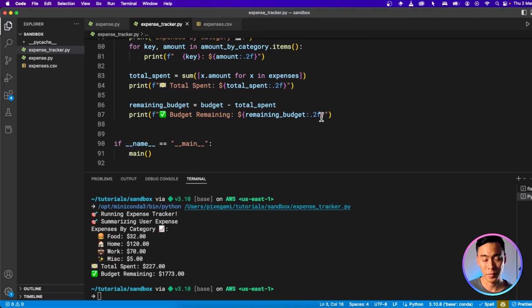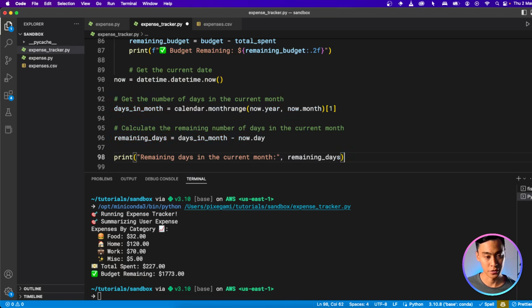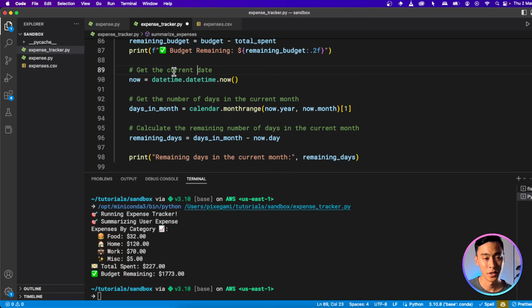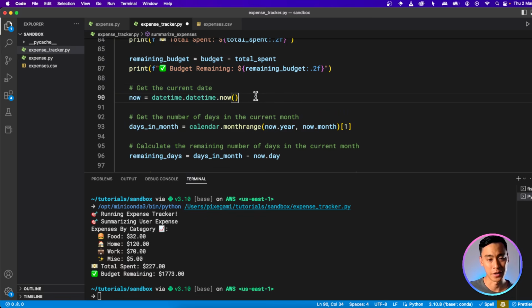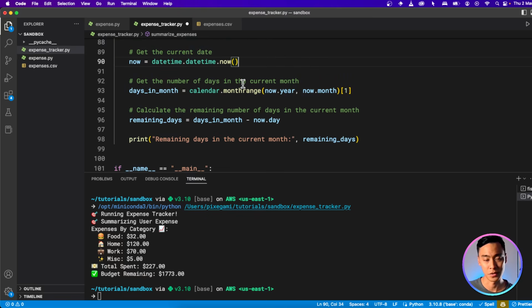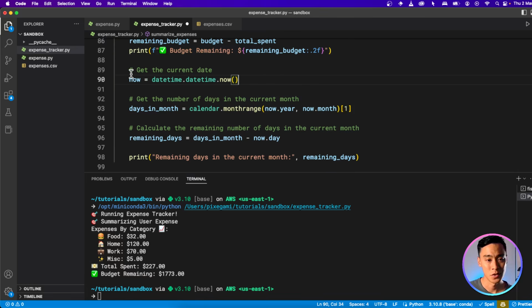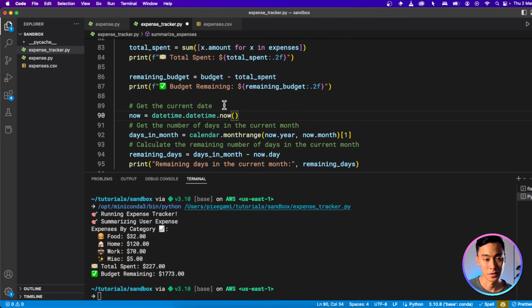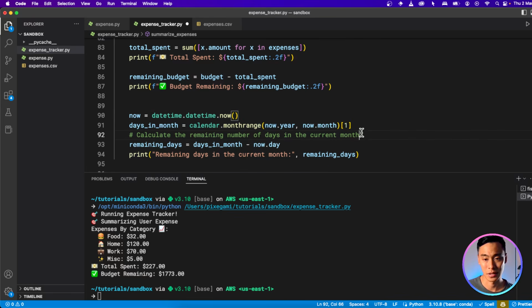So we'll scroll all the way back down to our budget calculation, and then we'll paste that, fix the indentation so it's at the right level. And I'm just going to read the code. It's always good if you're getting code from somewhere else to read it, make sure that it makes sense. So we're getting the current date, and then we're getting the number of days in the current month. Then we just subtract, days in the month minus the day. So now we have the remaining days. Okay, so I don't think I need these comments anymore.